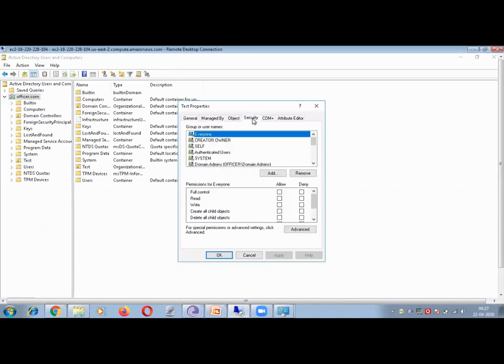See, it has a totally different permission, right? It says something like create all child objects, delete all child objects, right? So it means that Microsoft treats everything as a different object, and since it is treated as a different object, the permission on the object is totally different. So if you are working with Microsoft, you have to be very careful about which object you are working with, right?